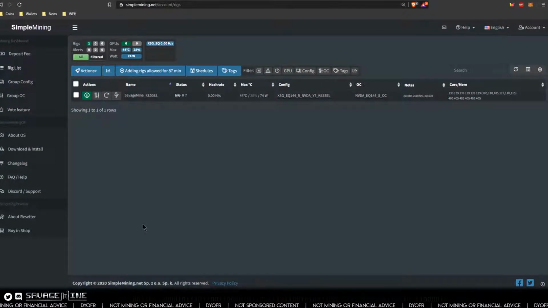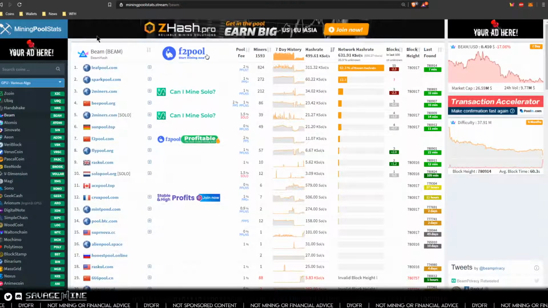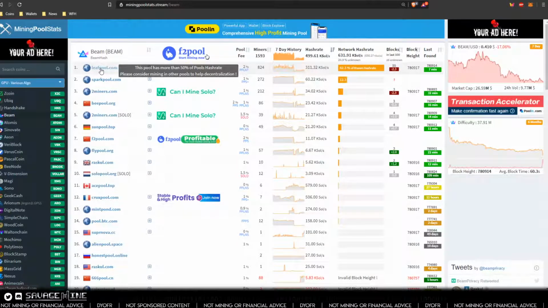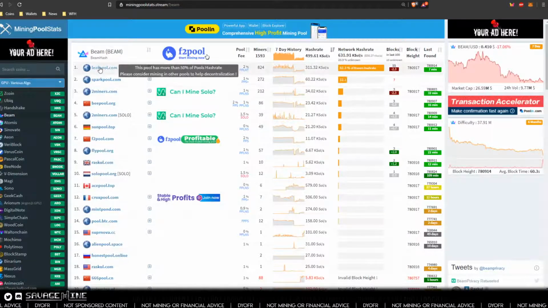Let's see if we can figure this out. All right, so we want to figure out a pool first. So we're going to go to miningpoolstats.stream, and I think I put leaf pool on the thumbnail, so we'll use that one. I do want to play around with sunpool.top. They've got some SSL features and stuff I wanted to check out, so maybe we'll do that tomorrow night. But I'm going to go to leaf pool,